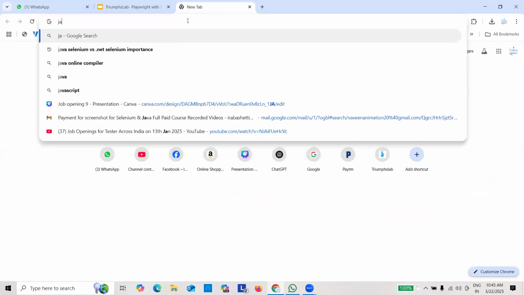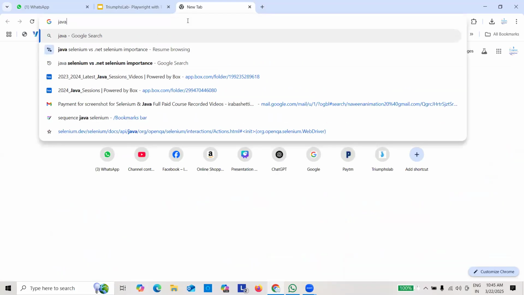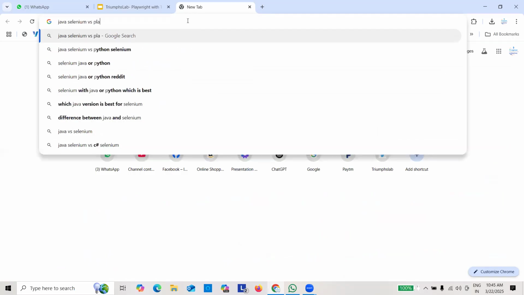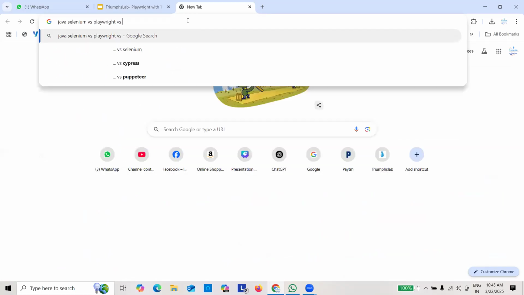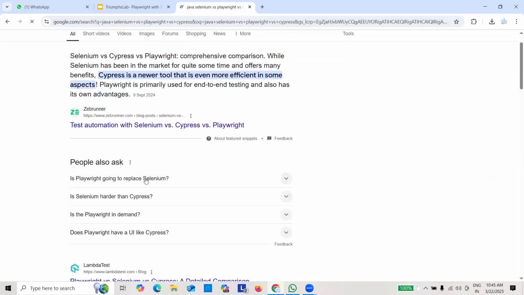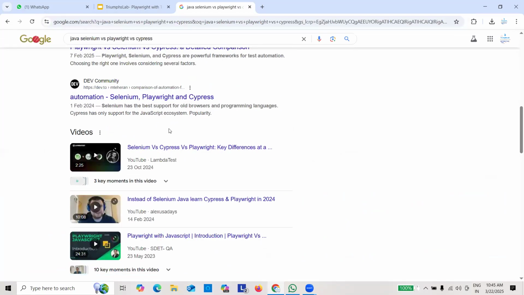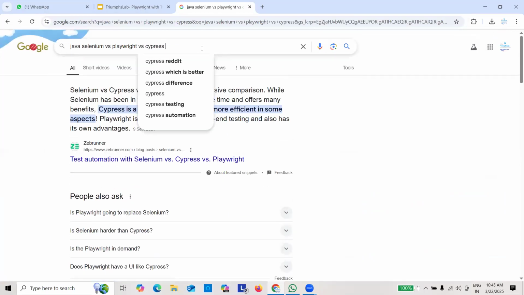Java, Selenium versus Cypress. Where is it? I think it is NPM. NPM, right?